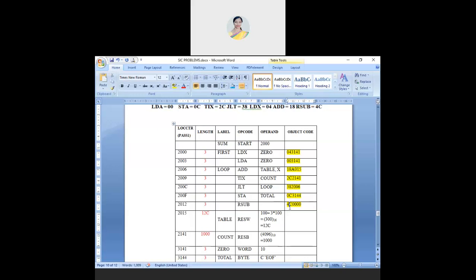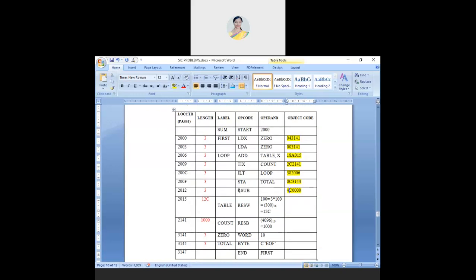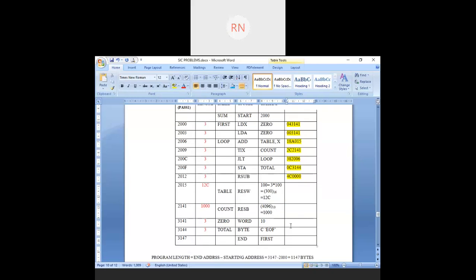Next, because we'll give this instruction in between. Instead of me giving it in the test, I'll put it in between. What you people will do is consider only one byte, and your text record goes wrong. So this is reserve word. Do you have an object code for this? No, ma'am. Do you have an object code for reserve bytes? No. Do you have an object code for WORD 10? Yes, ma'am.